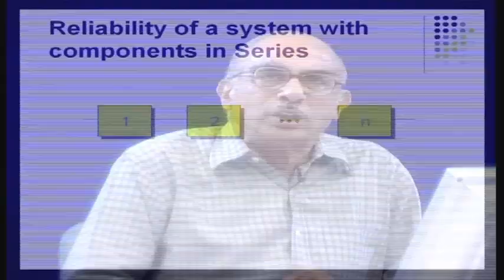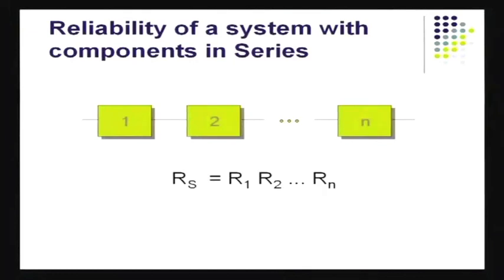So that configuration could be either in series, you got the components all laid out in series. If any of those components fails, the whole system comes down. So if any component fails and the whole system comes down, most likely the components are connected in series. That's like the picture that I show here. Here the reliability of the system,